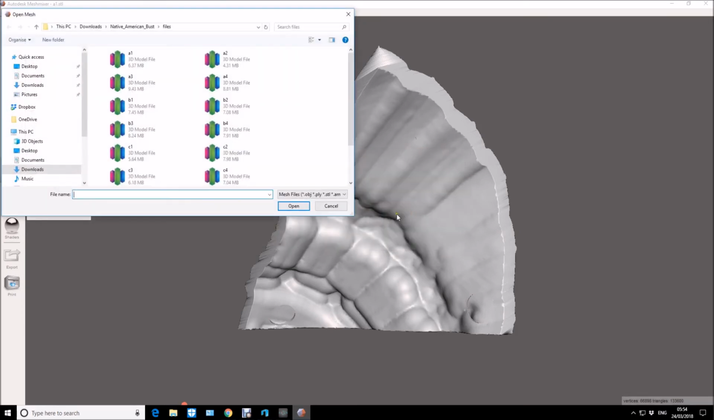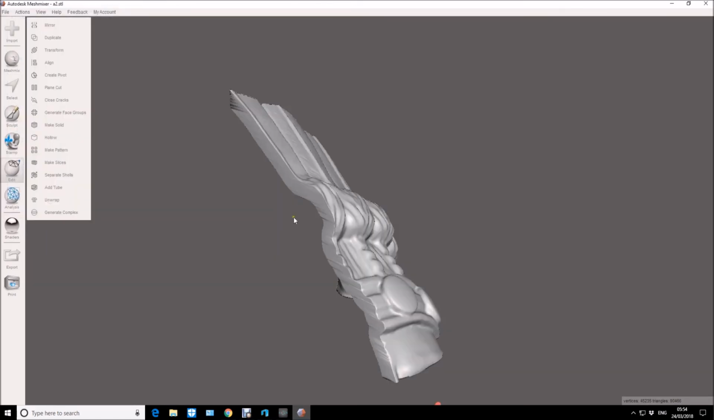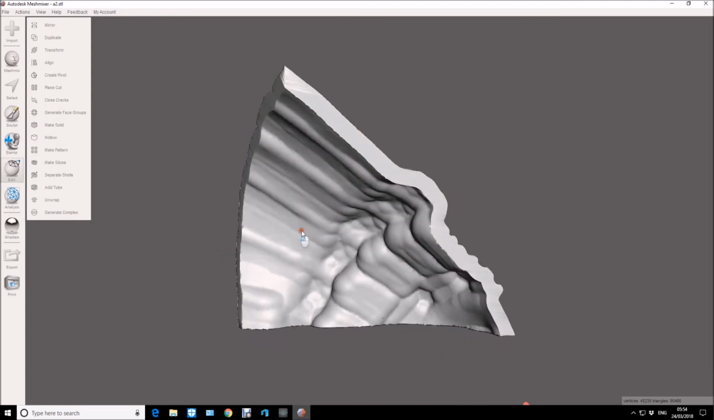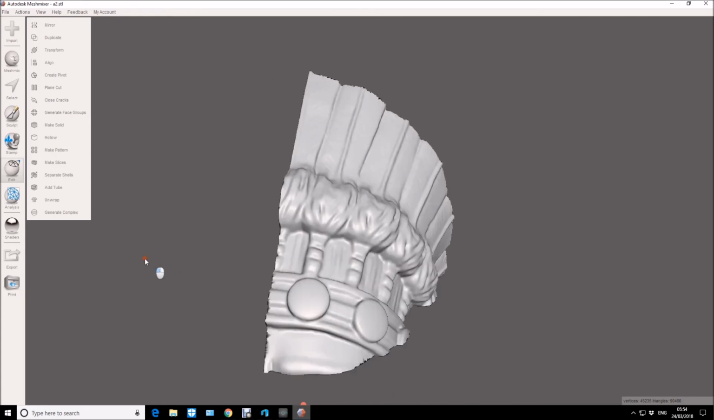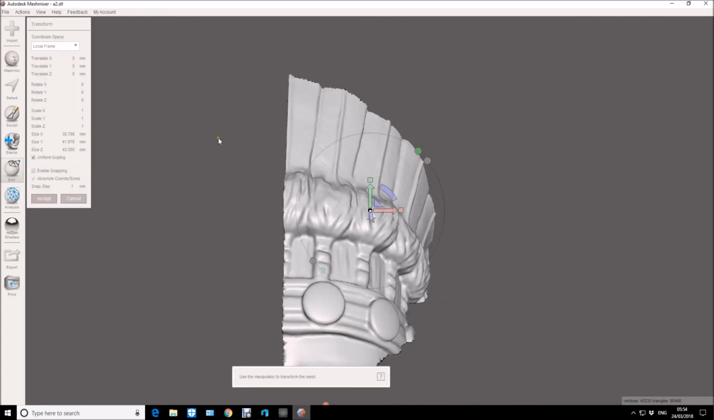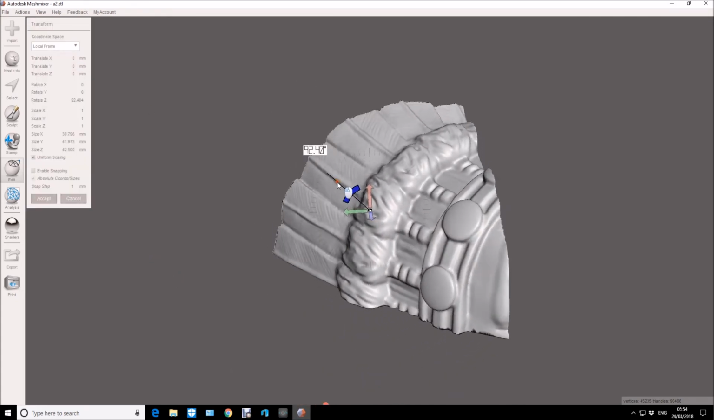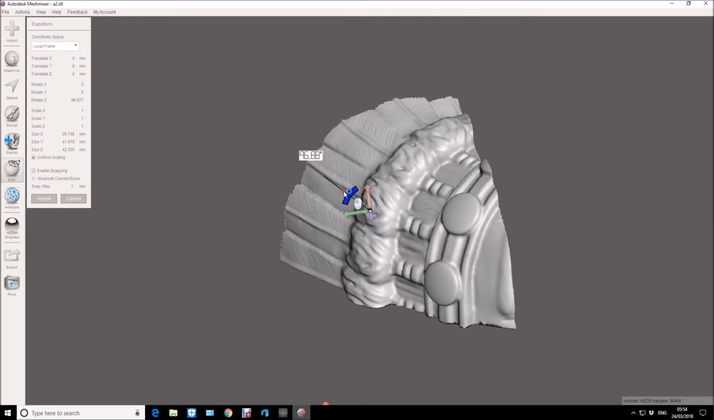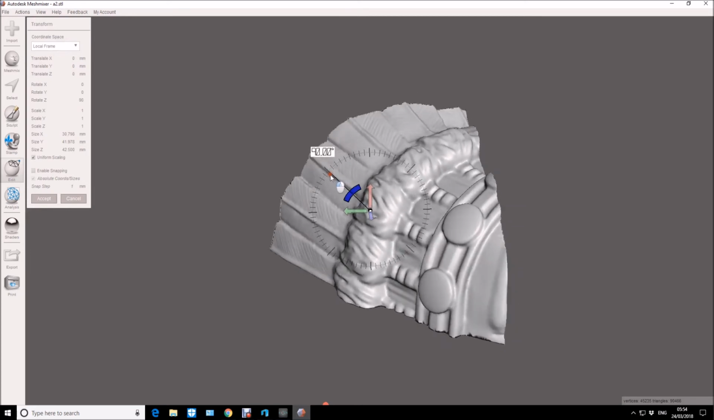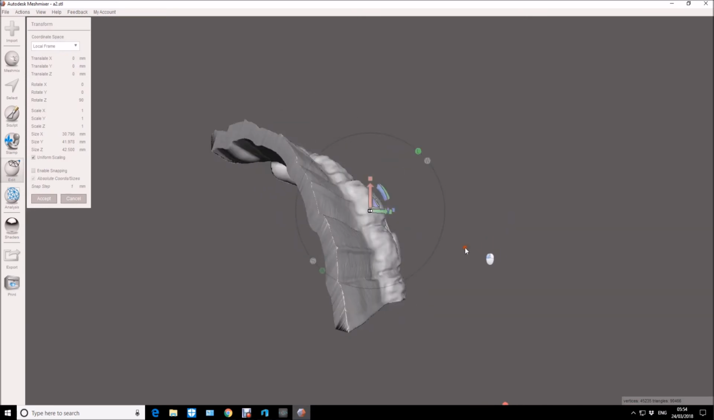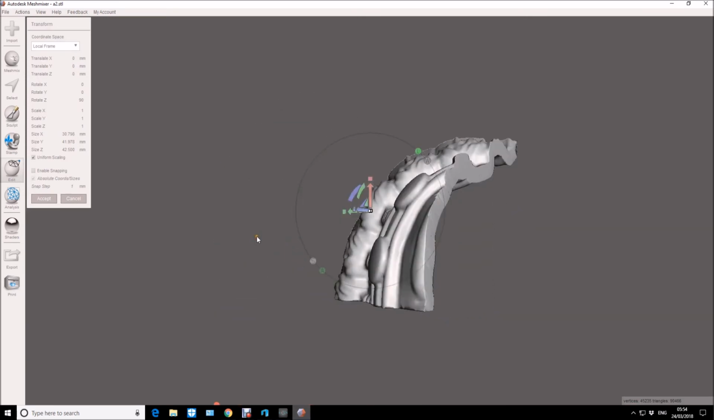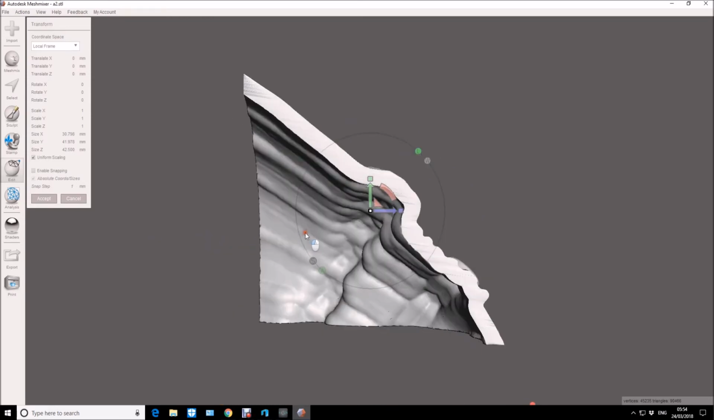rotating the parts to the best position for the bed, and then hollowing them out and adding holes to all of them. Again, I'll do a quick time lapse for this part. This will take time, but it's worth doing. So transform, rotate, and then hollow out. Yeah, I'm happy with that. So accept,